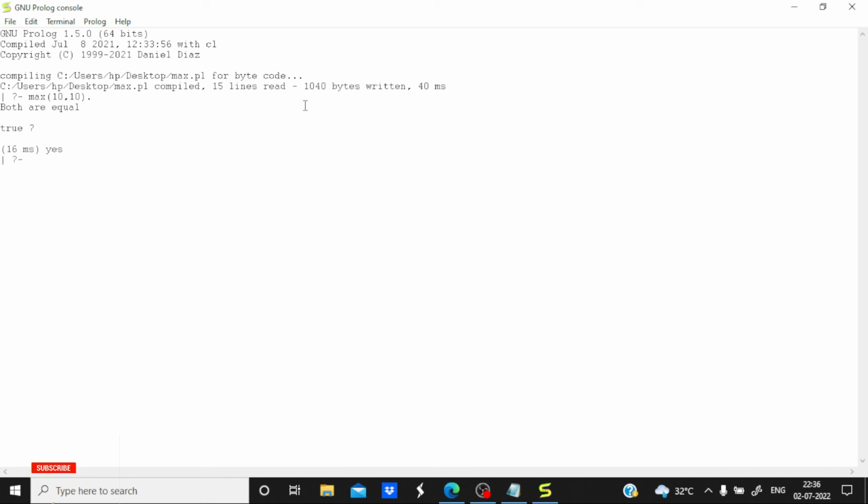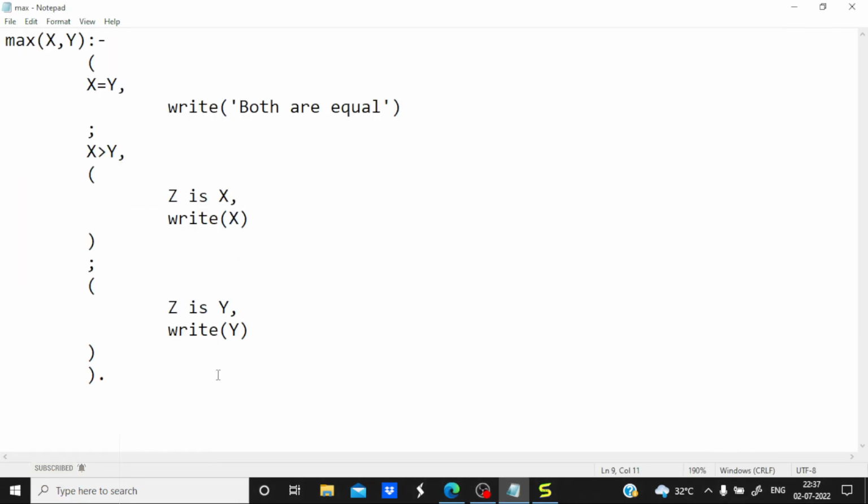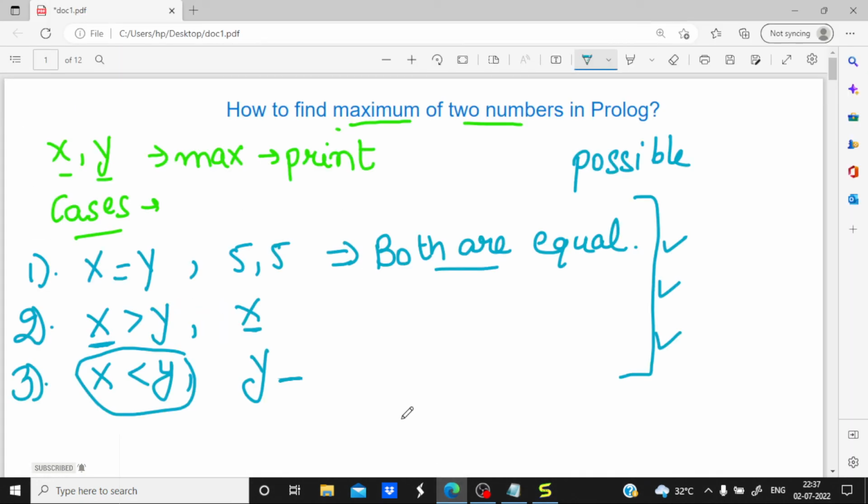Okay. So next I am entering max, and the second case in which x is greater: 15, comma 8 and a period. So 15, it is working fine, and then the last case, that is max, and then 3, comma 50 and a period. So 50. So all the three cases are executed perfectly. So this is our program for finding the maximum among two numbers. So it is a better practice to write this type of explanation before writing